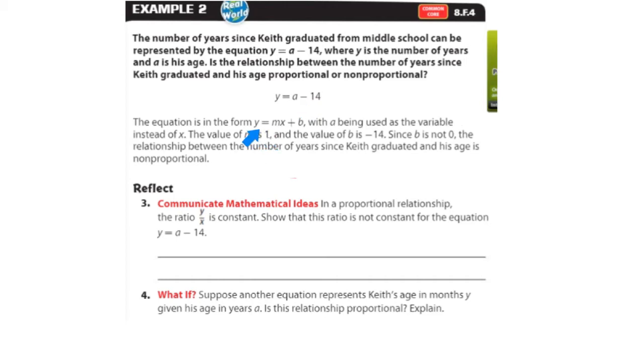This is in the form of y equals mx plus b. The plus b is right here, the -14. So if we were to graph this, we would start at -14 on the y-axis. The slope is 1. Remember, any variable can have a 1 in front of it, so the slope is going to be 1. So you rise 1, run 1. Okay? So what they want to do here,